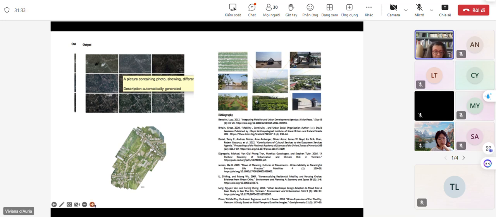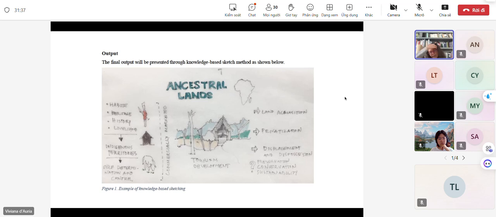Here there's an indication of how the output will be presented and a kind of example, but also with a reflection more of a kind of data generation, so this kind of knowledge base sketch, but at the same time the output is not going to be the knowledge base sketch. It's rather going to be something that might be a composition of these knowledge base sketches, which are anyhow very hard to understand sketches. So what is a knowledge-based sketch is also very unclear and not explained at all, even if the example is there. And so, again, a bit of precision.